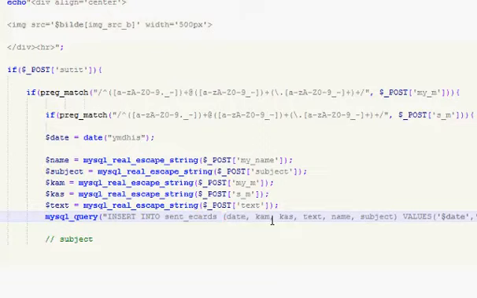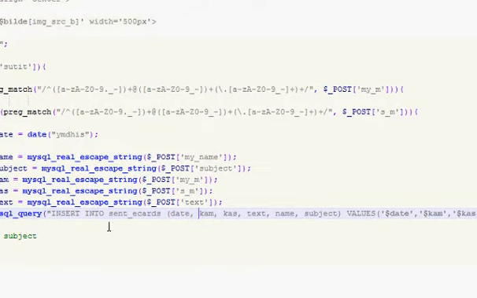I suggest you always use the insert method like this. MySQL insert into database name, and then into which columns you insert values. For example, you don't need to insert the ID, or some user ID, some stamps or something like this. You need to insert only 3 values, in my case it's 5 or 6, in a table with 8 values. So if you change the table, the script will continue to work if these columns exist.